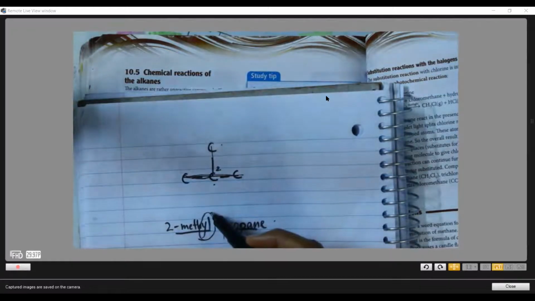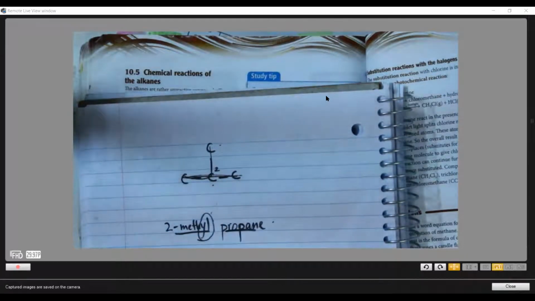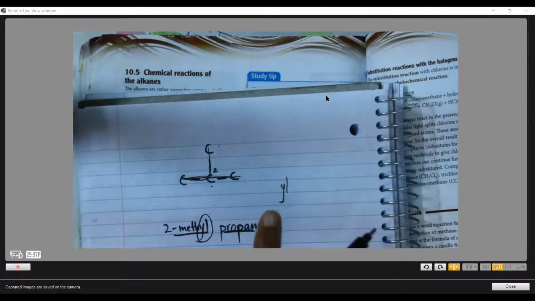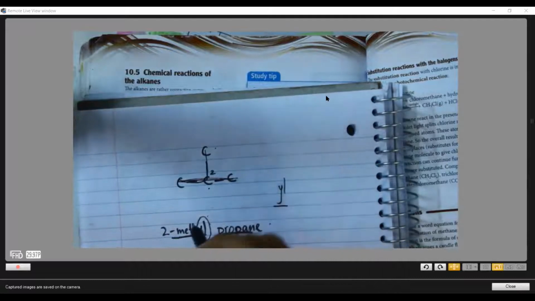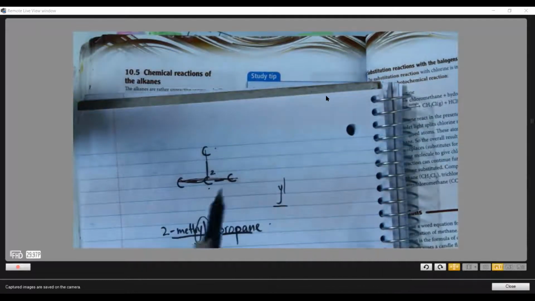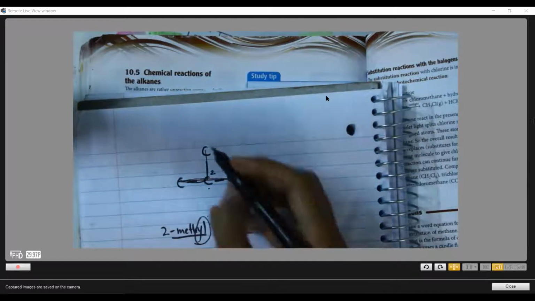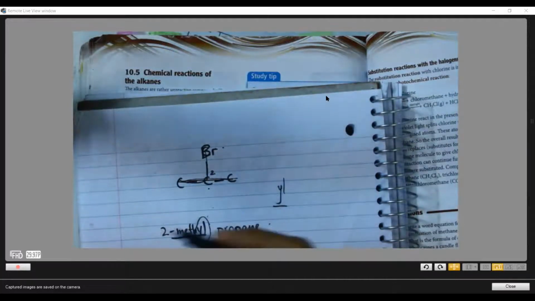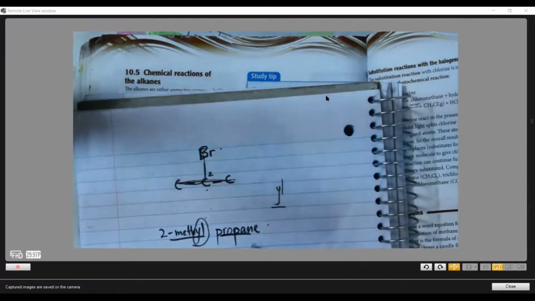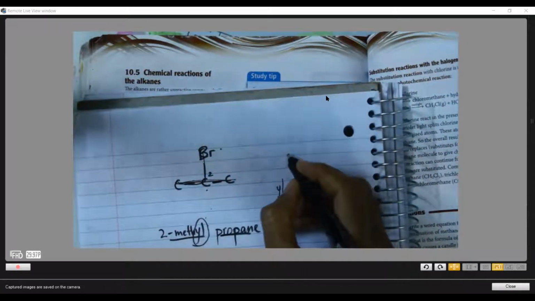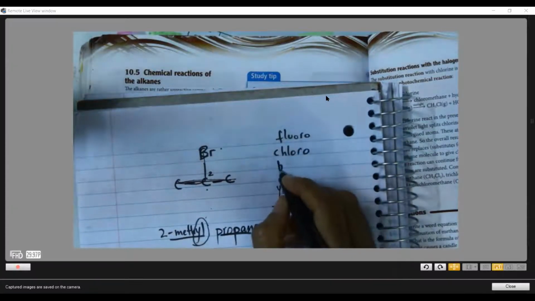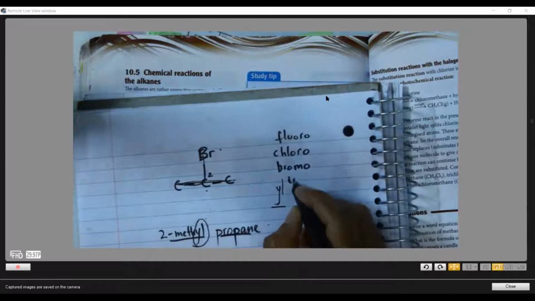So the point that I want to mention here is that the substituent's name will end in -yl. Okay, and this is only when the substituent is a hydrocarbon. But if you have a halogen, for example, if this was bromine, or chlorine, then the halogen's name ends with -o: chloro, fluoro if it's fluorine, bromo, and if it's iodine, iodo, like that.